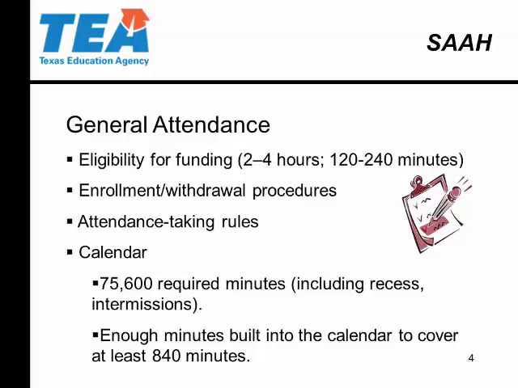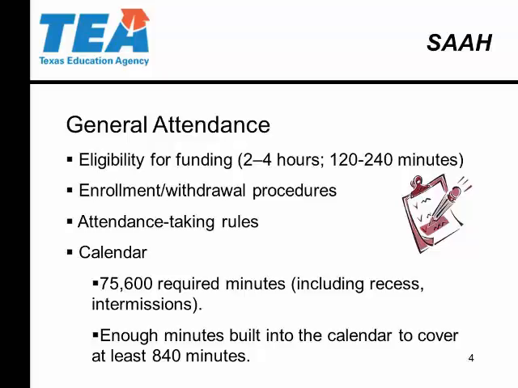Where you get into an issue with this for funding is if you're at the end of your school year calendar, which cannot be before May 15th, and you do not reach 75,600 minutes. That is where your funding will be reduced proportionately. So whatever the percentage is, say you only go 75,000 for the year, whatever that percentage point is, which is not a lot for those 600 minutes that you did not meet, your ADA will be reduced by that. So it's important that you reach that. It's had a lot of ramifications. I think when the bill was first introduced, they didn't realize how it would affect the special populations and programs that TEA has and the districts have.